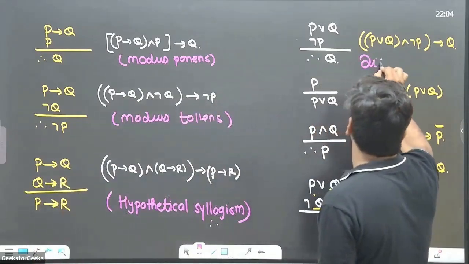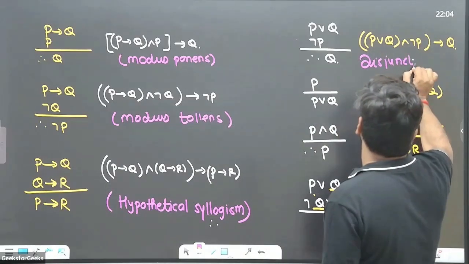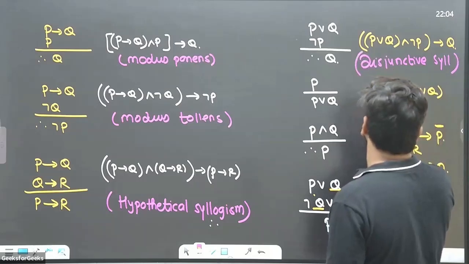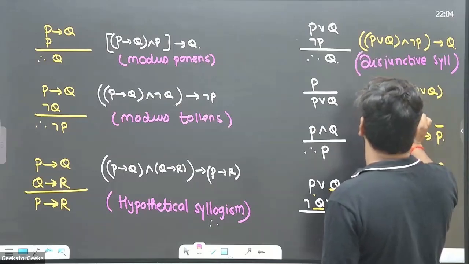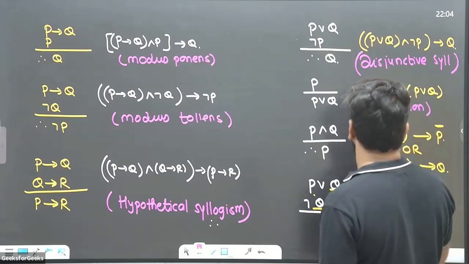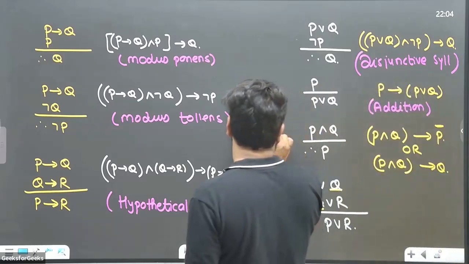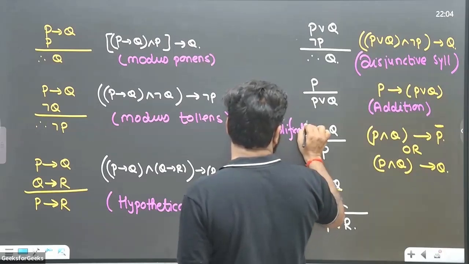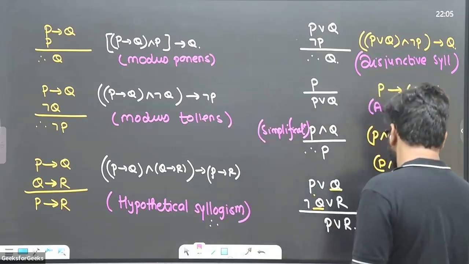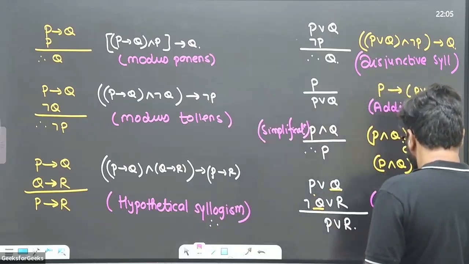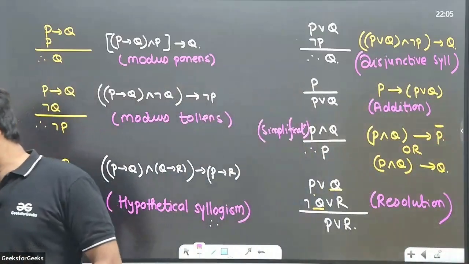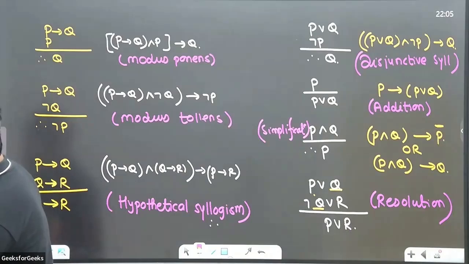Disjunctive syllogism. Here, addition. This is simplification. And this last one is resolution. So when you are comfortable with this, I mean, if you know all these rules, you can easily try to